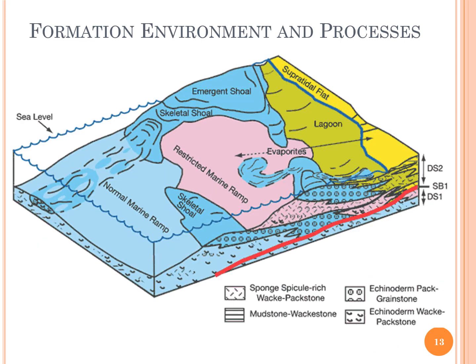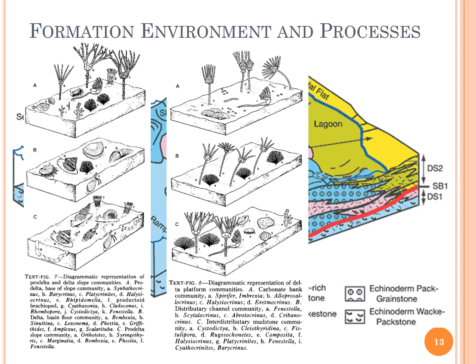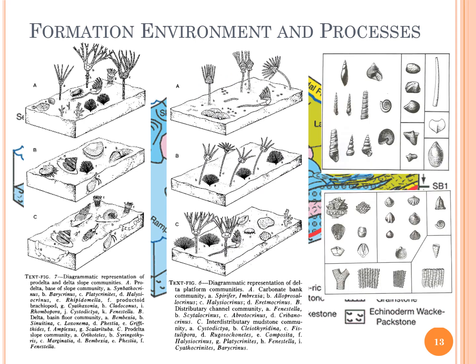Now, if we lay over this some pictures of marine life that would have been around at the time, here we have three pictures of different types of components that would have been growing on the sea bottom or living in the sea bottom, and that ultimately would have made up some of the elements, the calcium carbonate elements that ultimately would have been turned into limestone. They involve these wonderful little creatures